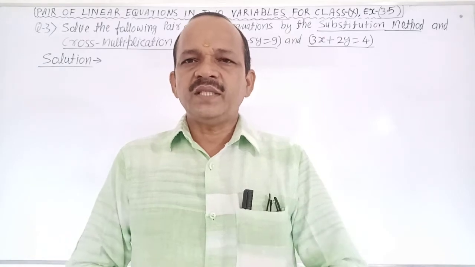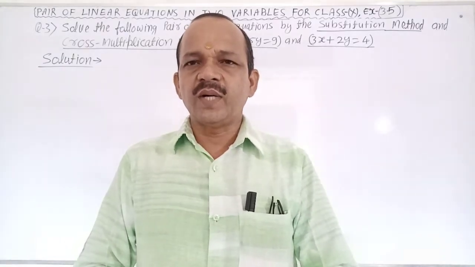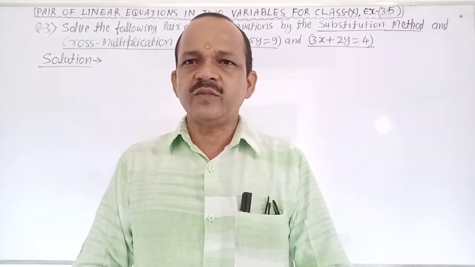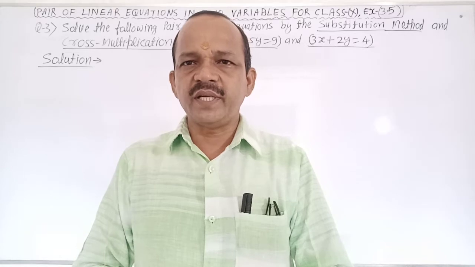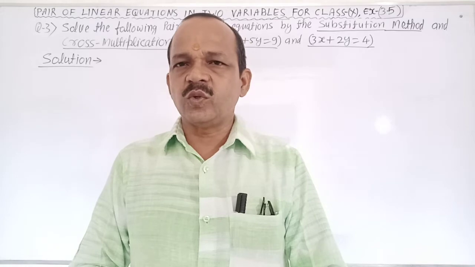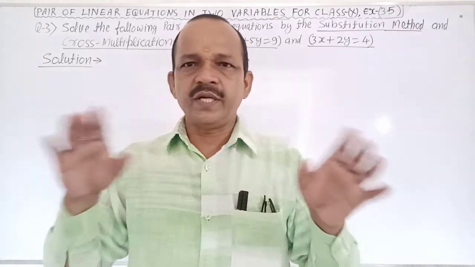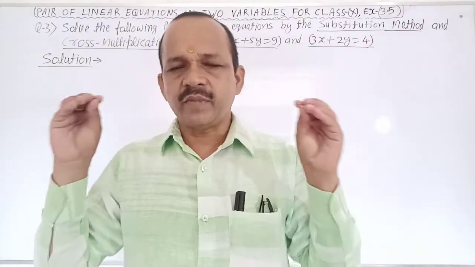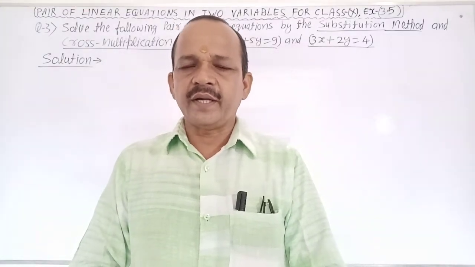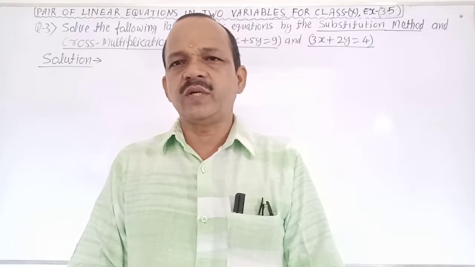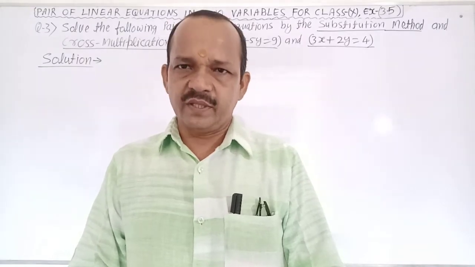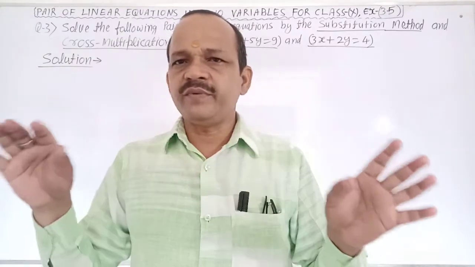Very good. Firstly, I want to describe the form of a pair of linear equations in two variables, because you can ask me what the form is. It is new for you, so you can ask very easily. The form is a1x plus b1y plus c1 equal to 0 and a2x plus b2y plus c2 equal to 0. It is the form of a pair of linear equations in two variables. It is clear, no confusion about it.